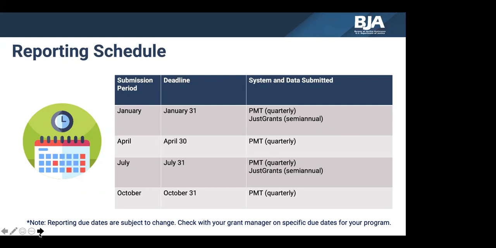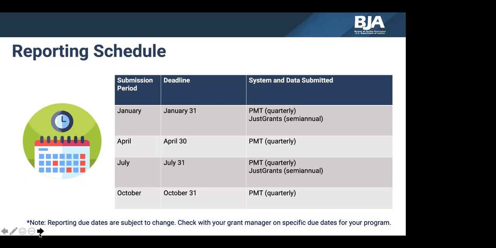JustGrants is accessible for data entry after a data collection period closes. 2021 JMACP awardees will be able to fill out their questionnaire on a semi-annual basis directly in JustGrants. For example, 2021 JMACP awardees may upload their data from July 1st to July 29th for the July submission period. On the other hand, January 1st to July 31st for the January submission period to successfully complete their performance report